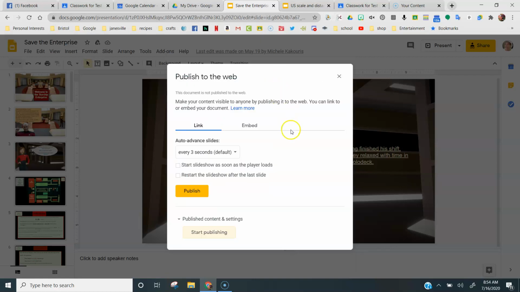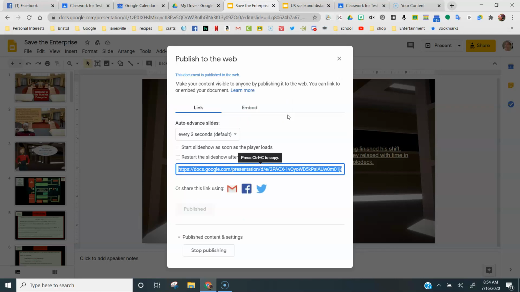So if I want to publish it to the web, you can play around with this. I've never needed to because it's not something that's just going to show. The kids are clicking through it. So I just click publish. And like you just saw, you can easily undo it. If you need to completely change something, you can easily undo publish and then republish it. Now here's the trick. I need to take this URL instead of sharing it over in the traditional way because this is the published URL. So I need to copy this